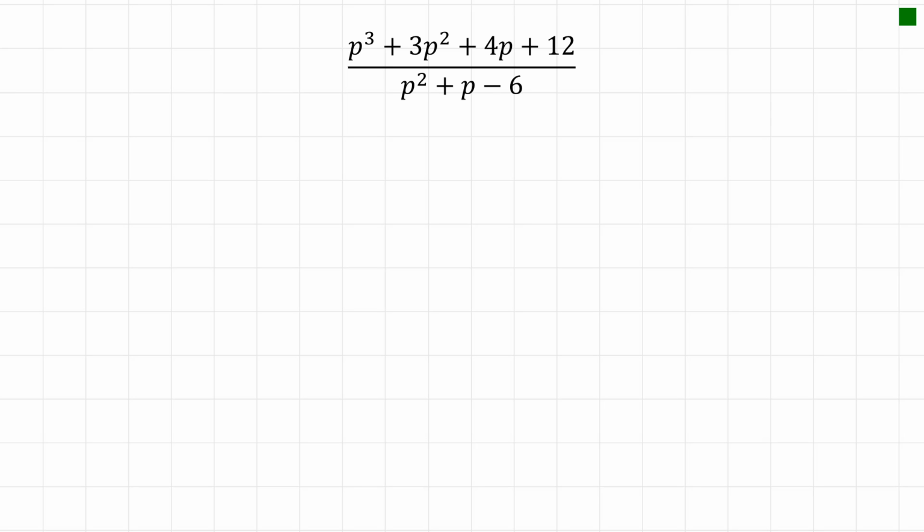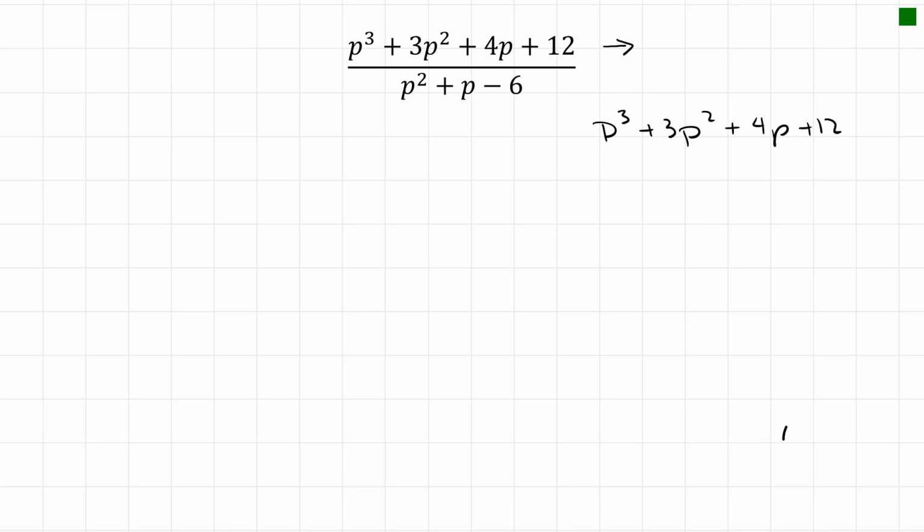This looks like a fairly complicated one to simplify. I've got 4 terms in the numerator, and I am going to have to factor that. So one technique for factoring is factoring by grouping. So I'm going to look at just the numerator over here,